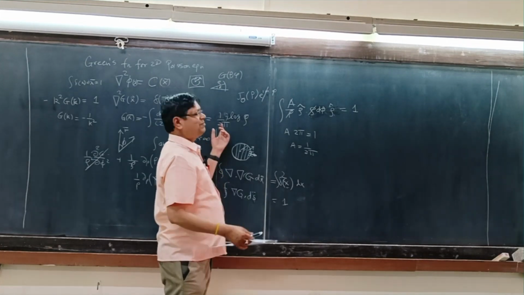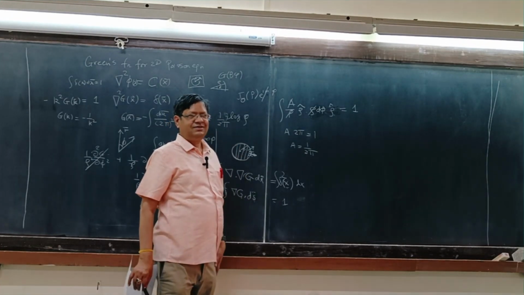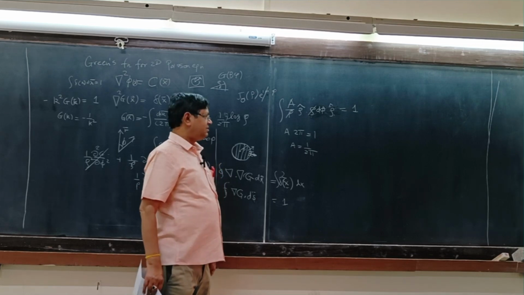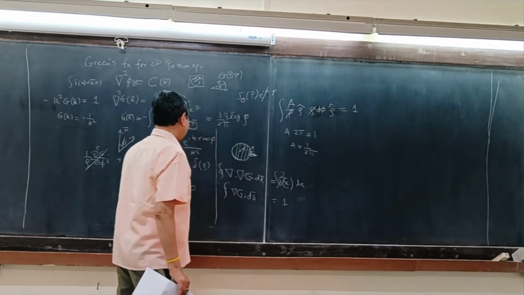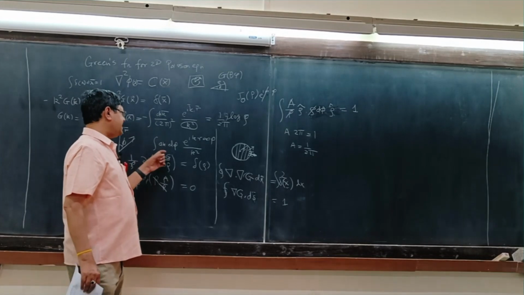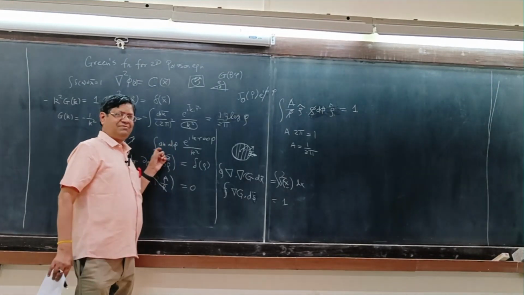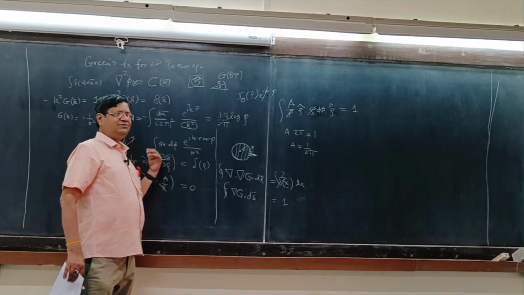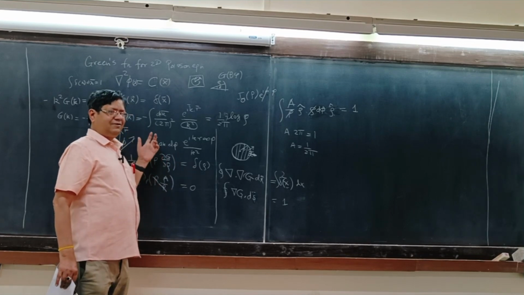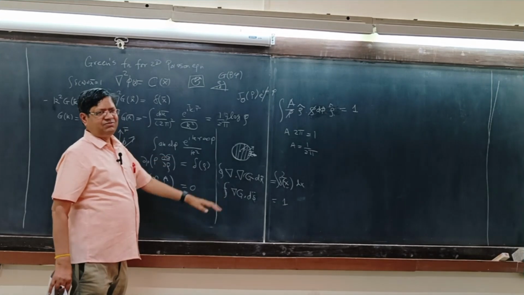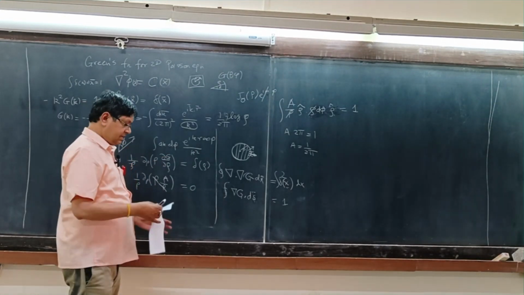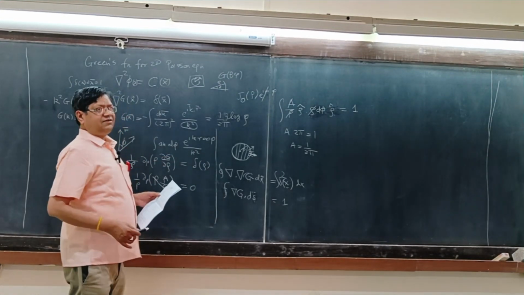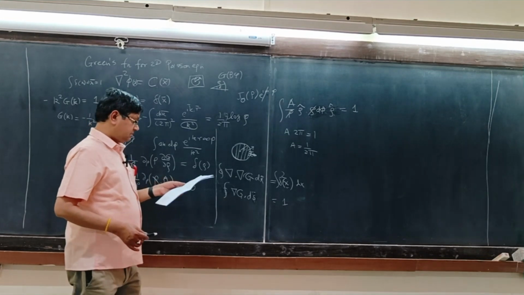So that's the Green's function. But even if you don't write 2 pi, it's okay, I'll give the full marks. We can get this 2 pi from this integral, but it is complicated. This integral is definitely not easy. It's a function of Bessel function. But we can solve using this. That's problem 1.